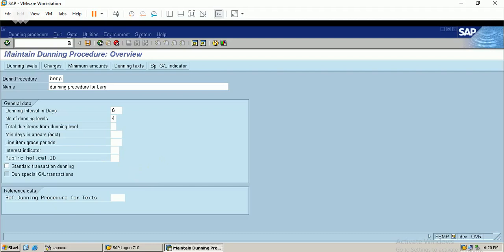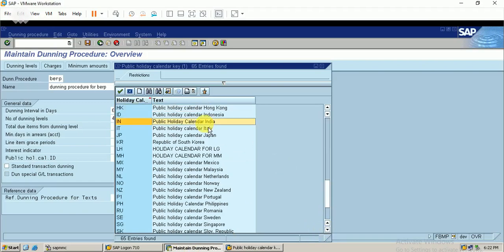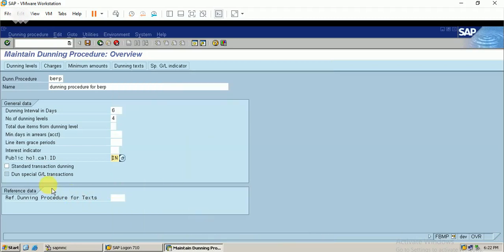Just search it. I go for the standard one. I think I've created one. Just choose this, and I go with the standard transaction dunning. We can also make references to other dunning procedures. Just click it, save.